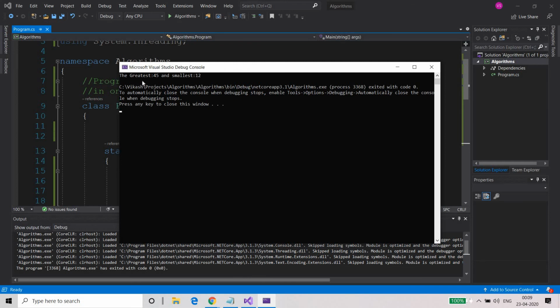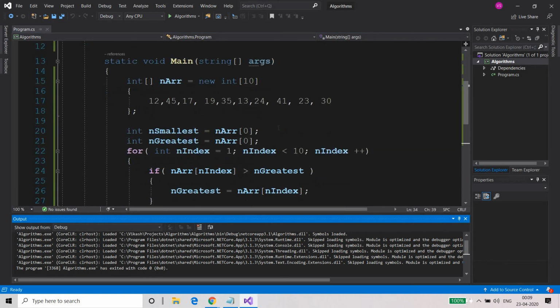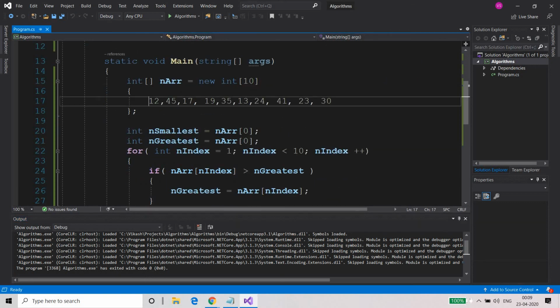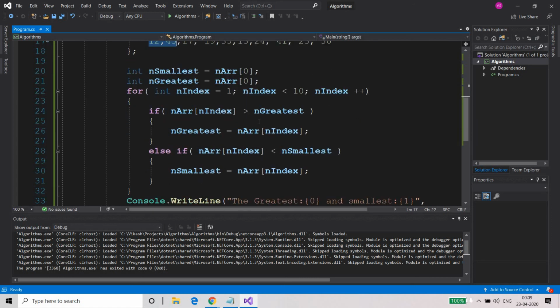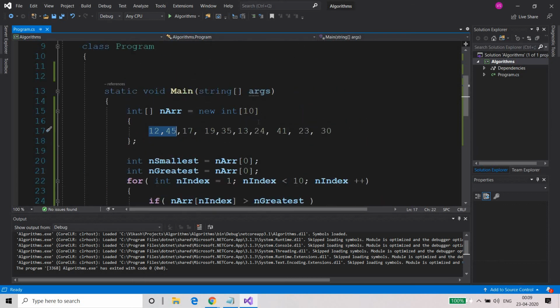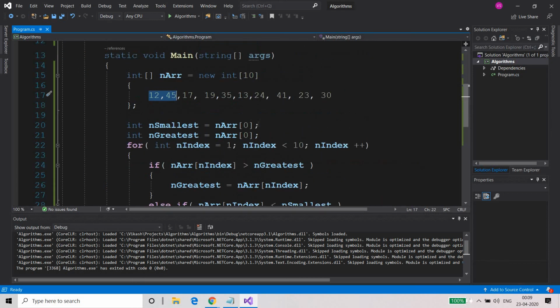Okay, so greatest is 45 and the smallest is 12. We have a 12 here. So in the beginning itself, these two elements were there. You can change the position of these elements to test it, to run various test cases, and you will find that the result is always the same.